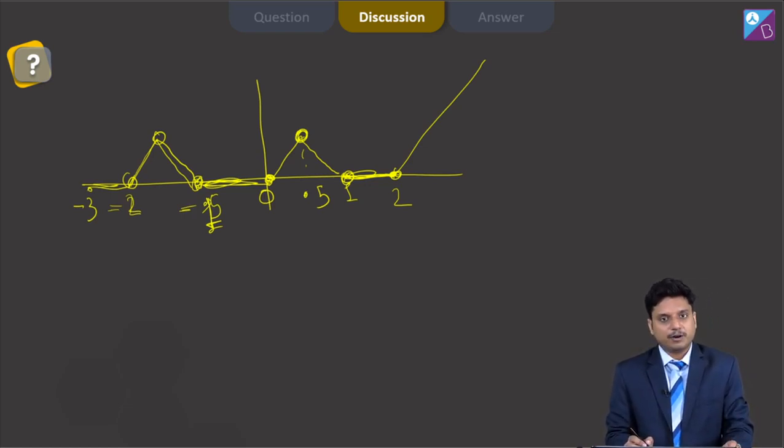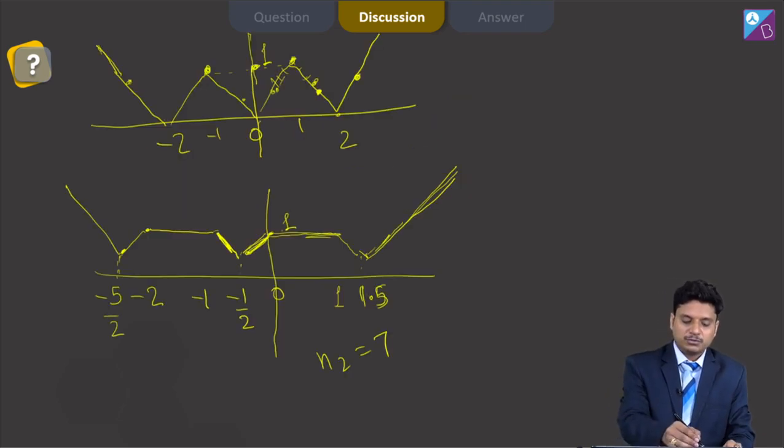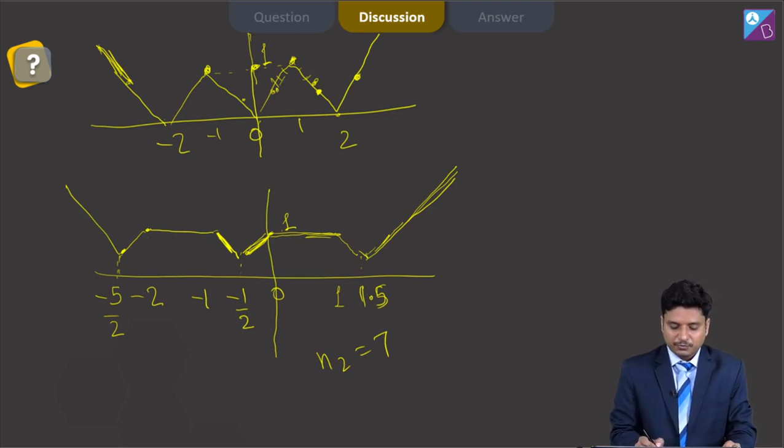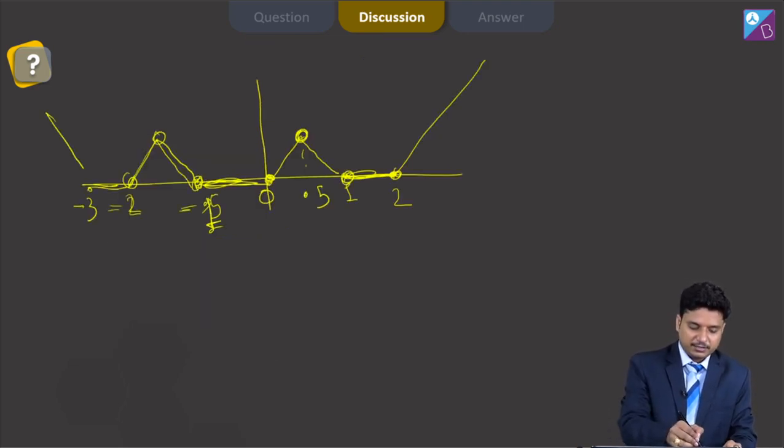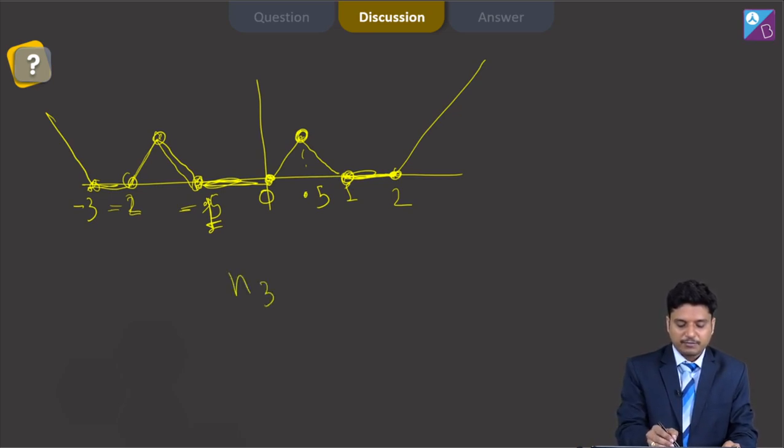The graph will vary from minus 3.1 to minus 2.1, that will be the values for t. So what will be the minimum possible value for f? This will be according to this diagram only, like this graph will be there. So what will we be getting? We will be getting the final graph as this. So these are the points for kink, and another point will be there. So total 7 and 1, total 8 points will be there for N3.